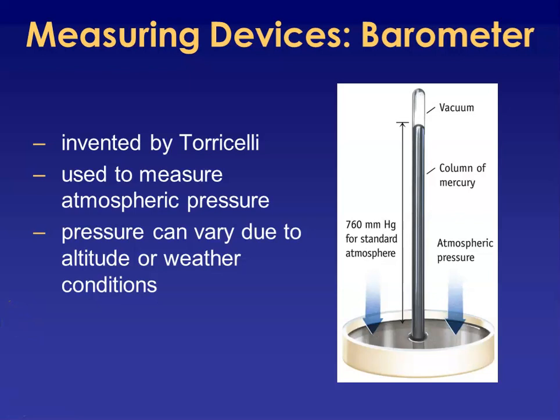So speaking of pressure, Torricelli was known for inventing the barometer, which is used to measure your atmospheric pressure. It uses mercury that will rise based on that atmospheric pressure. And when you are at sea level, if you're at standard pressure, 1 atmosphere, it will rise 760 millimeters of mercury. The pressure that the atmosphere is applying on it pushes that liquid up into the barometric tube. Pressure can vary. It can vary depending on your altitude above sea level, as well as the environmental conditions